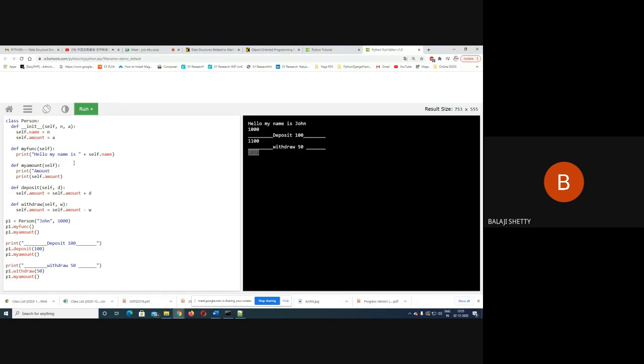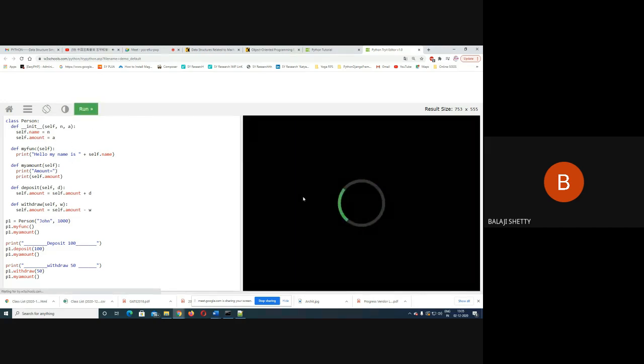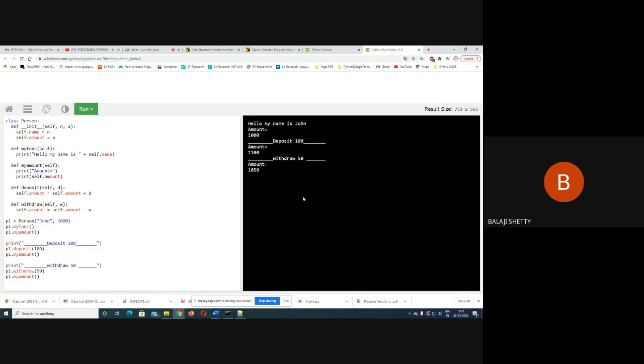Amount is... or amount equal to... run the code. Okay, fine. You can see here. I think it should work here. self.amount. Let me check.